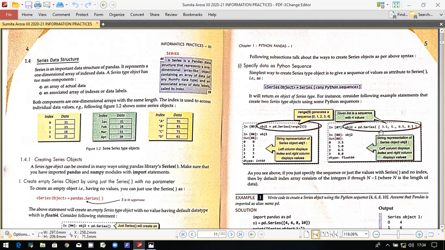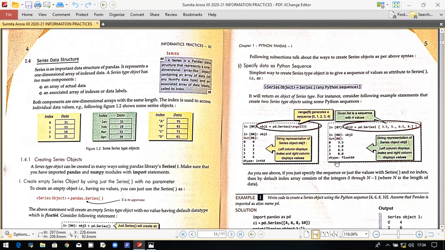So if something is mentioned in the form of a list, that can also be taken as a sequence, and that can also pass the data for the series. If we write this statement and print obj2, we get this as output. Again we have 4 data values, so the indexes have been implemented from 0 to 3, because for 4 data values the indexes will be 0, 1, 2, and 3.